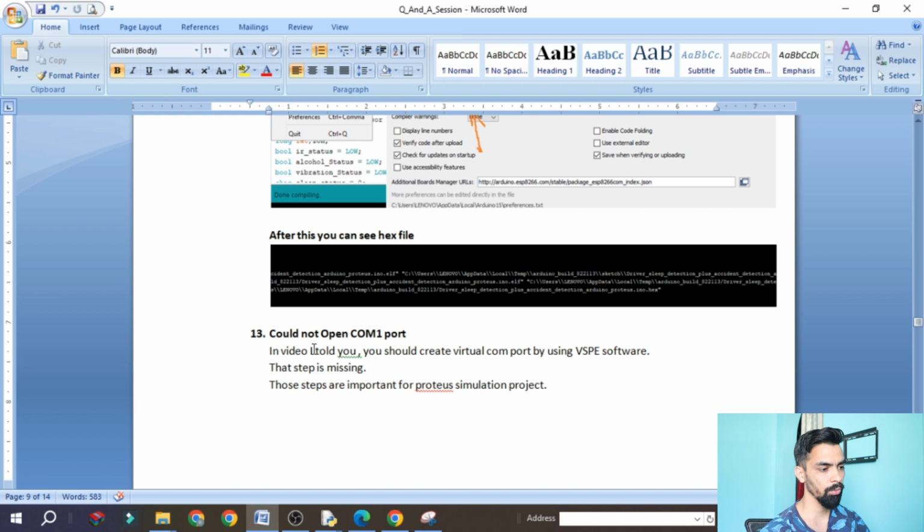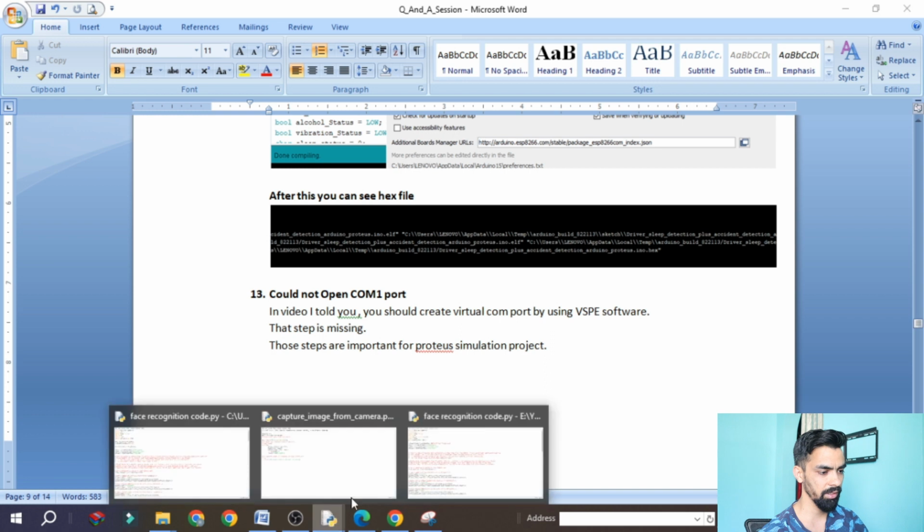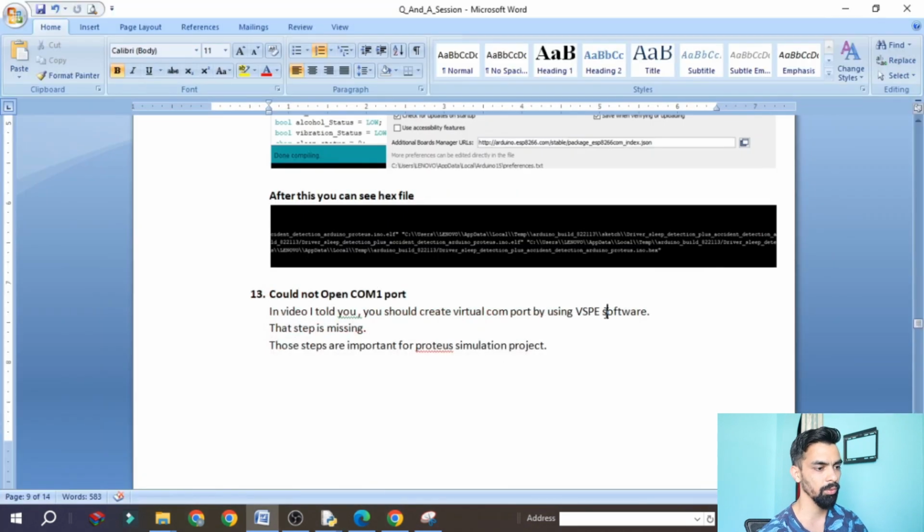The next is could not open the COM1 port. I have already told you, for COM1 or any port, if you are using the port in software simulation, and if there is a COM statement like this, then you should create the virtual port by using VSP software. How to create it, I already told in that video also, in this video also. So create that COM port.